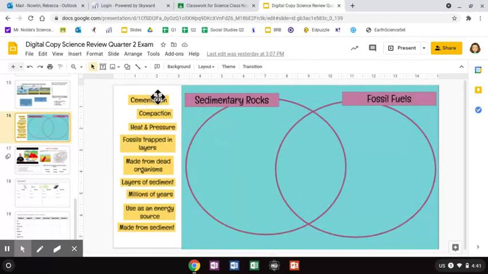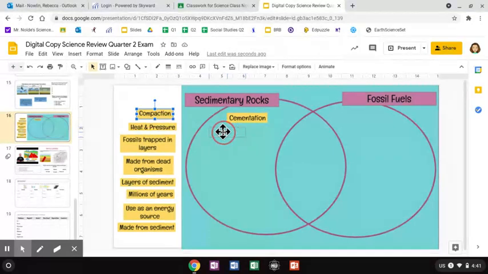So I'm just going to start at the top and work my way down. So cementation goes under sedimentary rocks. That is the last step in the process, when all of the sediments get glued and stuck together, would be the cementation. They get cemented together. Compaction is also, now, typically we only use compaction to refer to sedimentary rocks, but technically